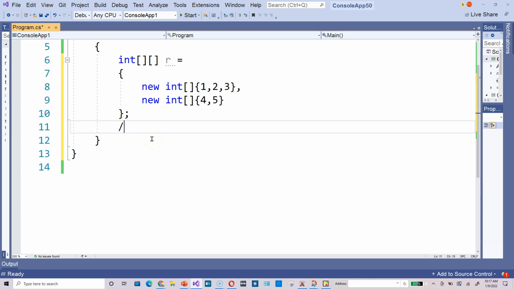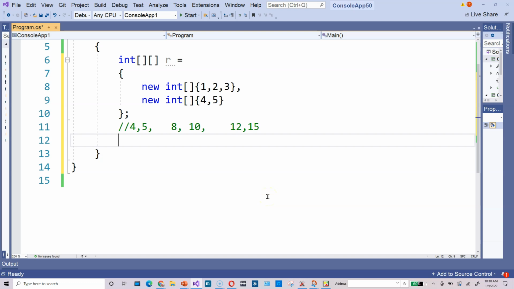And here's our goal. What we're going to do is print this. We're going to take the 1 multiplied by the 4, take the 1 multiplied by the 5. Then we want to take the 2 multiplied by the 4 to get an 8. The 2 times the 5 is a 10. And then take the 3 multiplied by the 4, get a 12. Take the 3 multiplied by the 5, get a 15. We want to be able to display those values on the screen, each pair on its own line